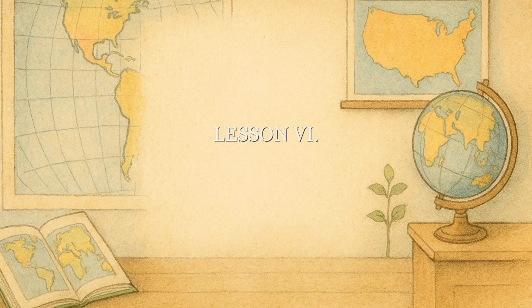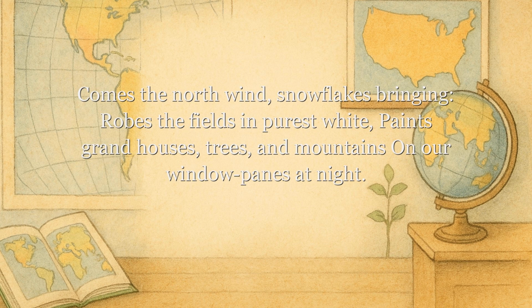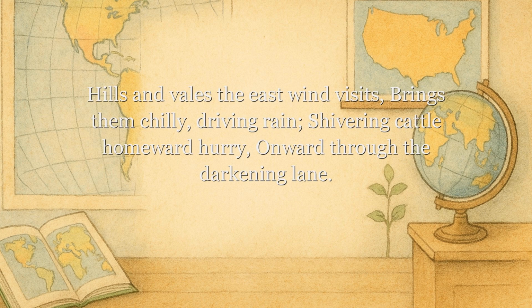Lesson V. What the winds bring. Comes the north wind, snowflakes bringing, robes the fields in purest white, paints grand houses, trees, and mountains on our window panes at night. On the hills and vales the east wind visits, brings them chilly, driving rain, shivering cattle homeward, hurry onward through the darkening